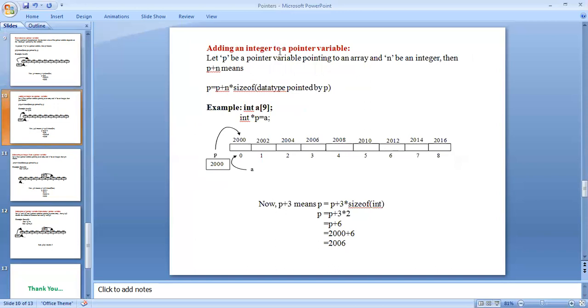Adding an integer to a pointer variable. Let p be a pointer variable pointing to an array and n an integer.